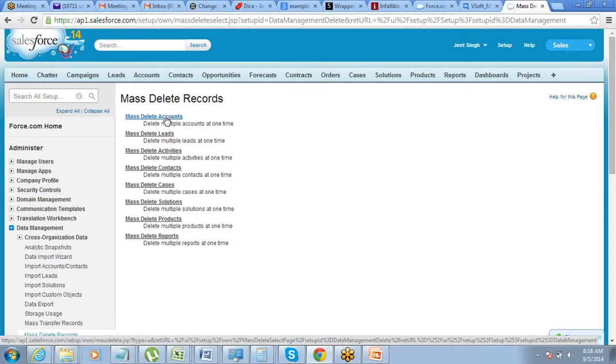Now, a small concept that is going to be helpful for you. Whatever be the case, even if my data is not useful, or it is duplicate, or it is wrong, or it is old, we usually do not delete data completely.